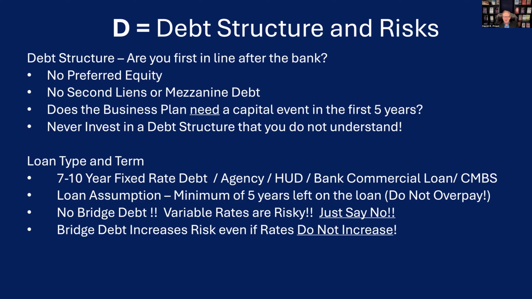So when you get agency loans or Fannie Mae, Freddie Mac, it's really boilerplate. They're very standard loan agreements. They all look about the same. They've got to do a template basically from the agency or from HUD. Bridge debt is like the Wild West of lending. There could be any conditions.